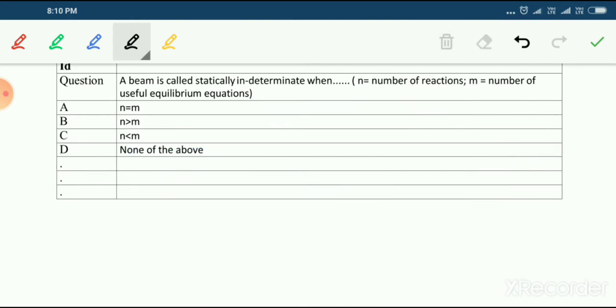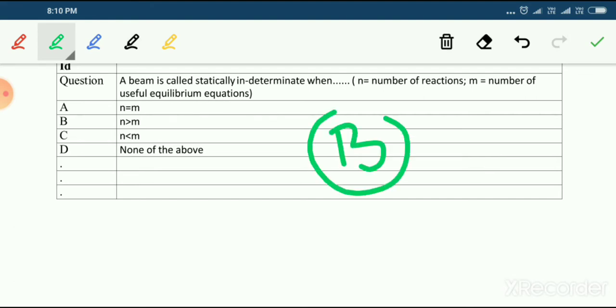Don't directly mug up the answer. You should not read the question and directly mug up an option. That is not how it works. Try to understand the concept, and according to that, click the correct answer. Otherwise, if you do not understand the concept, it will cause problems for the next questions. So for this question, which is the correct answer? I think B is the correct answer. Okay, we will move to the next question now.